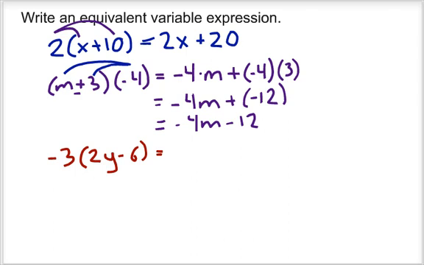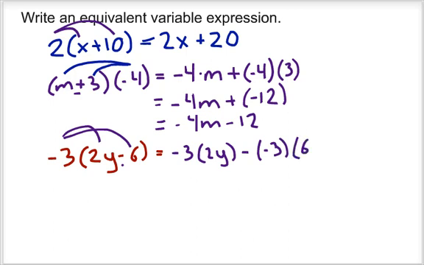Negative 3 times 2y. Negative 3 times 2y, we've got negative 3 times 2. So I'm just going to go and rewrite it. Negative 3 times 2y. And then we've got a subtraction sign, so it's going to be a minus problem. And we've got negative 3 times 6. Negative 3 times 6 is